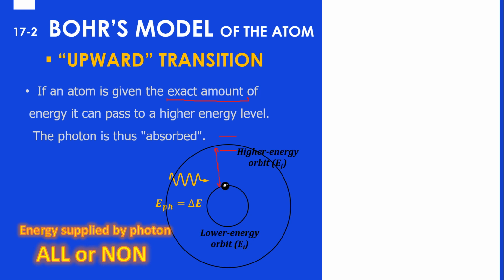Two conditions must be taken into consideration. The photon's energy is completely given or none, and the electron itself can either be in a level or none. So two cases, two discrete or discontinuous things take place here. That's why you have to pay attention. If we continue the animation, notice